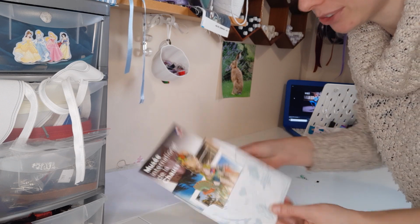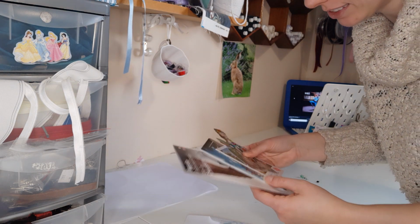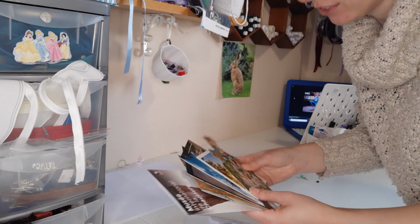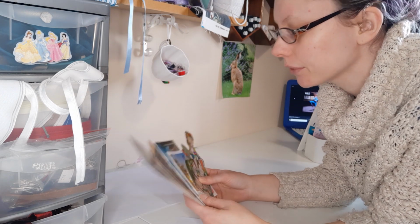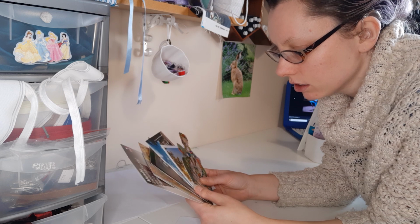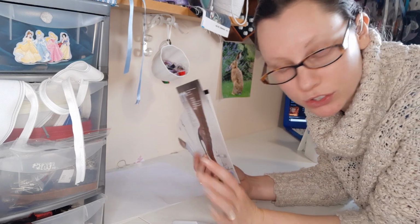The things you find when you're tidying stuff up. This collection of little postcards was actually sent to me by a lady on Instagram. If you know her account, it's Faces and Style. I don't know her personally, but I followed her account, and every year she does a challenge in the autumn where every day of the month you try and put up